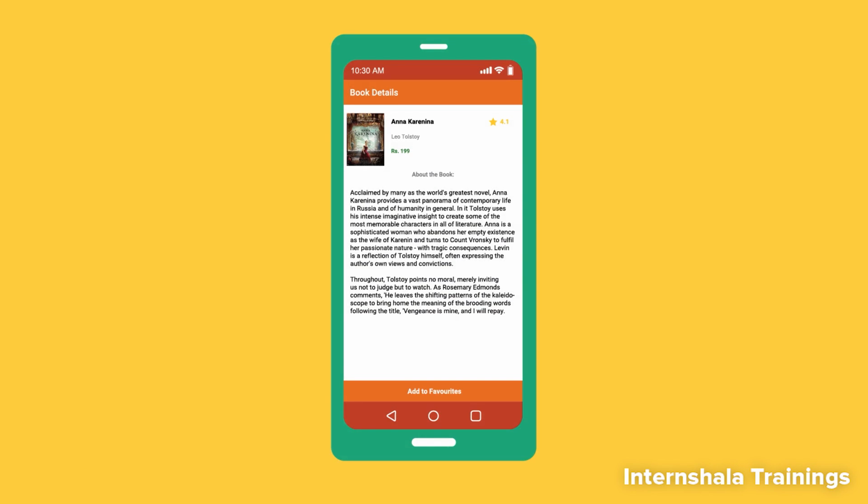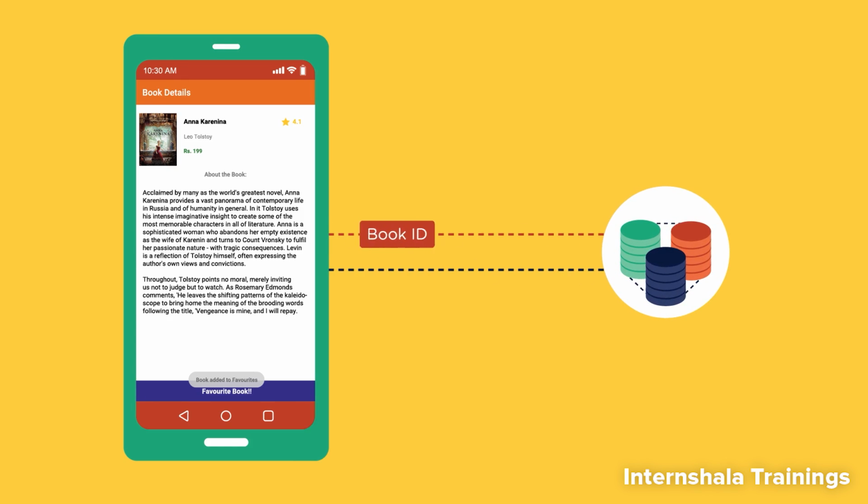In the previous topics, we did this. When we click on this Add to Favorites button, the book gets added to the favorites. So we saved the book as favorites in the local database using Room. In this topic, we will fetch the data stored as favorites in the database and display it in the favorites